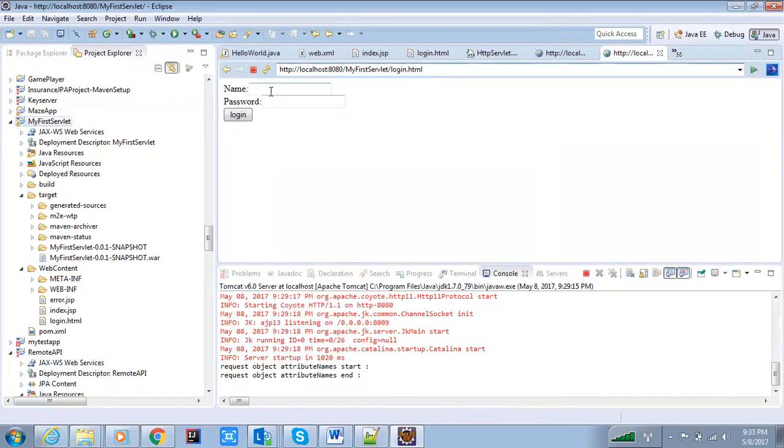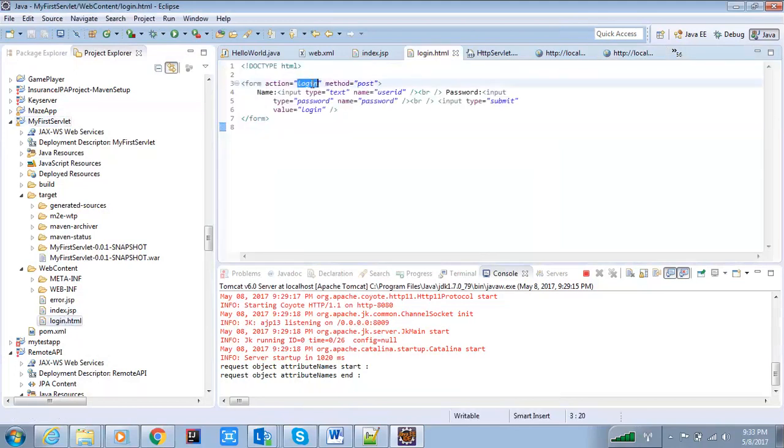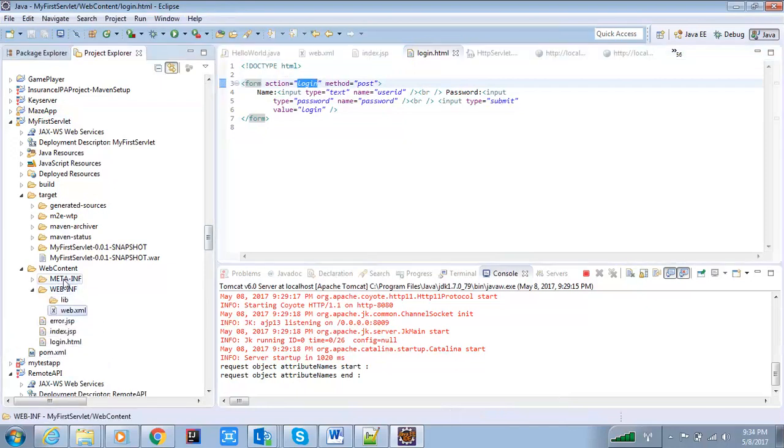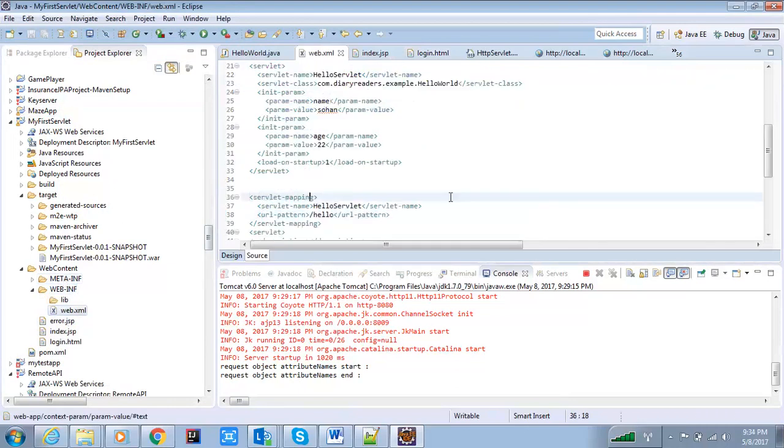If I go to login HTML, then once I perform an action on this, the URL for the login would be called up. The URL mapping for this login is being done in web.xml. If we open web.xml and go to the login,